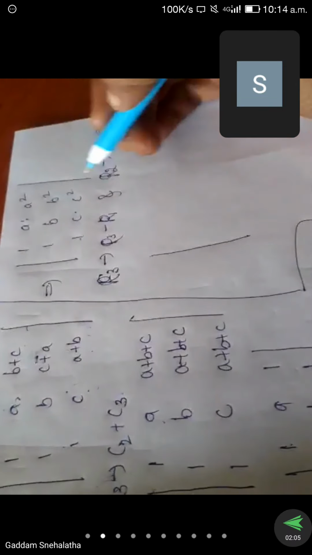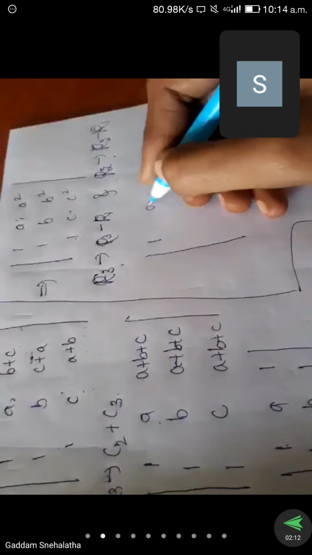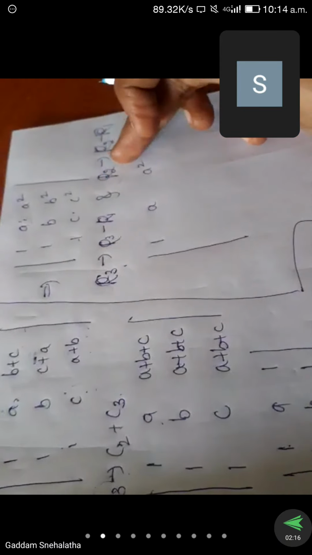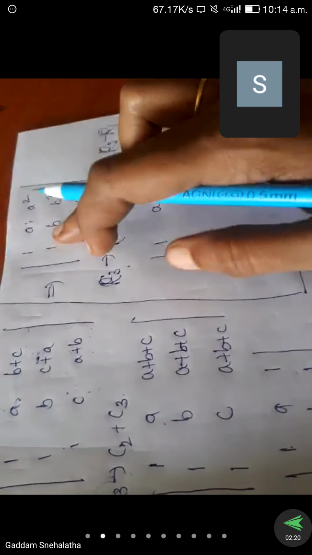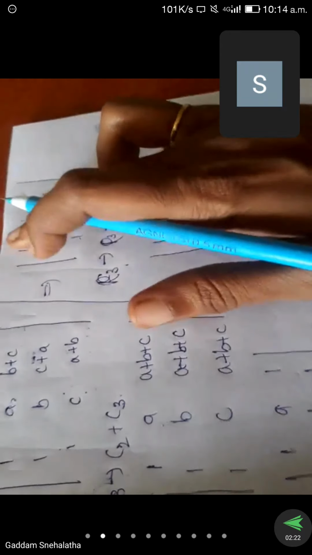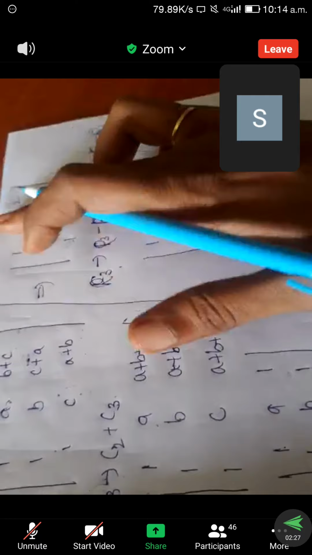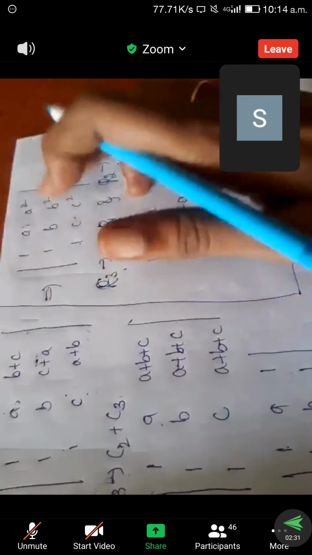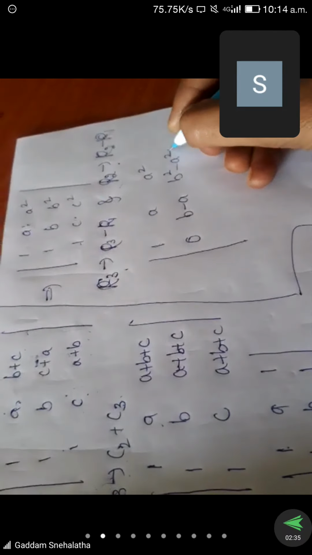So now first I am talking about row 2 and row 3. Row 1 is as this: 1 a square. Next I am talking about row 2, which means row 2 minus row 1. So row 2 is this, minus row 1. 1 minus 1 is 0. Next row 2 minus row 1: b minus a. Next row 2 is b square, row 1 is a square, so row 2 minus row 1 means b square minus a square.